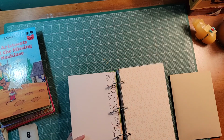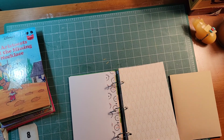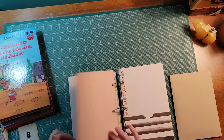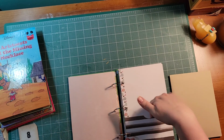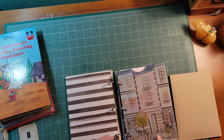So when I go down to Disney, I like to have a specific book that I keep all of my memories in. These would be fantastic for that. If you know someone who's a Disney fan and who also travels, this would be brilliant. So there's places you could tuck receipts, tags from clothing, special pictures,